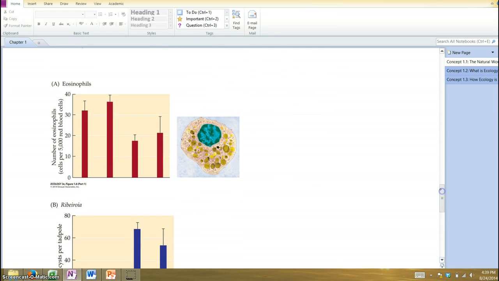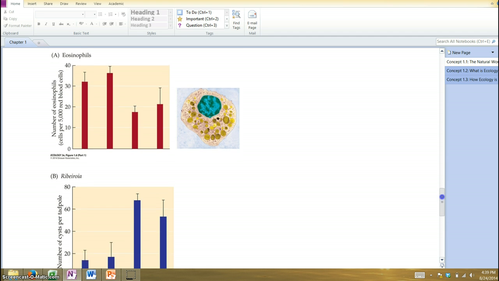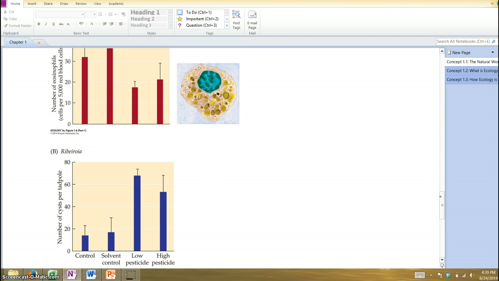Well, when you look at these tadpoles and these frogs, here's an experiment in which there was a control group that received no treatment. Then the rest of the groups were exposed to pesticides. But in one, there was what's called the solvent control. The solvent breaks the pesticide down, so it basically is not apparently a problem for the tadpoles and frogs. Then there was a treatment with low pesticide and high pesticide. And the treatments are the same up here in this bar graph.